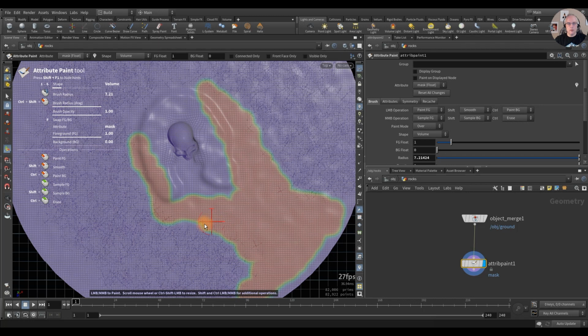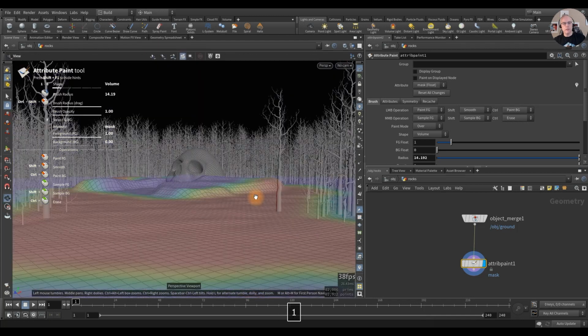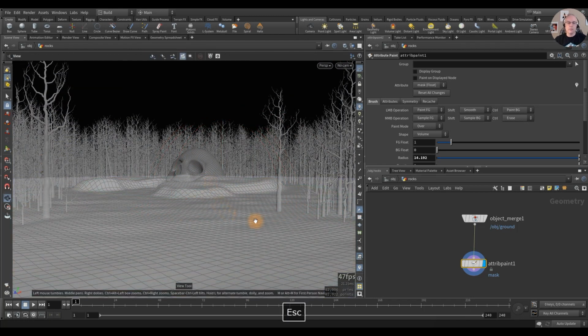So I can come in here, and actually probably the better thing to do is to smooth this out, like that, so things sort of blend into the background a bit. Something like that. Okay. Good enough for an initial setup. Oops. I meant to hit that. Okay. Escape out of that, and I've got, let's see,